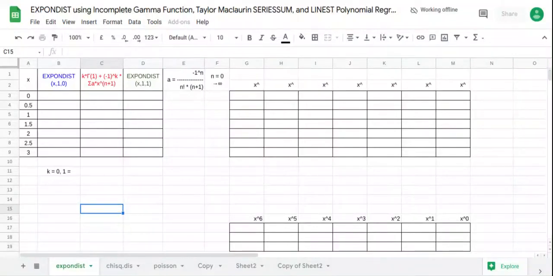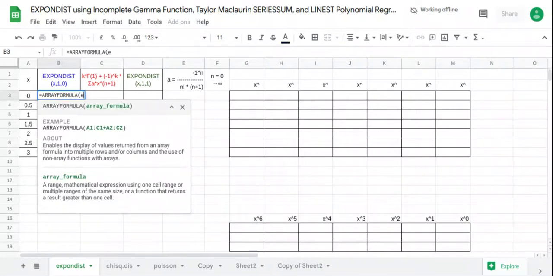In this video, we generate the trendline and polynomials of the EXPONDIST using incomplete gamma function in its Taylor-Maclaurin series sum and LINEST polynomial regression. We begin with the dataset of the EXPONDIST. So array formula, EXPONDIST